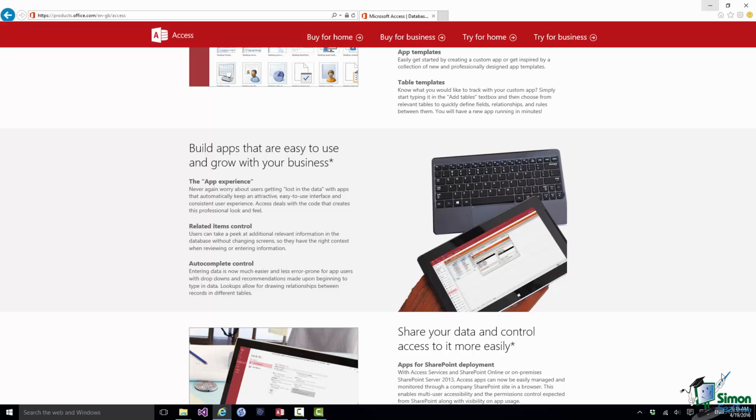The second group of users are people who've used a very much older version of Access, maybe Access 2000 or 2003. For those people, the current version is so different that it'll probably be a bit of a shock. You may not even have used Access with the ribbon interface that's been with us now for nearly 10 years. So you probably need a pretty big refresh in your knowledge of Access to be able to take full advantage